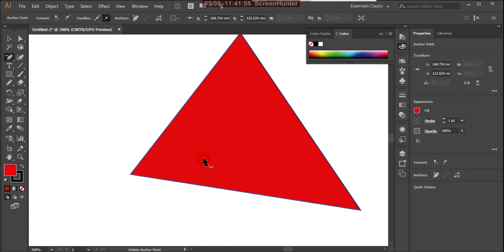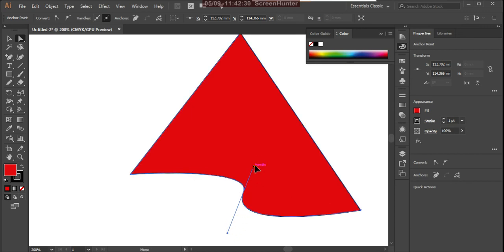of your shapes. Right under this there is another tool, the anchor point tool. How can it help you? Suppose I add one anchor point here. After adding the anchor point, come here and select with the direct selection tool. There is a direct selection tool and you can make this a smooth anchor. Then the handles are there, and you can make changes to them.